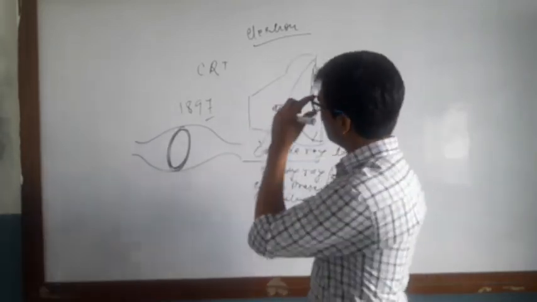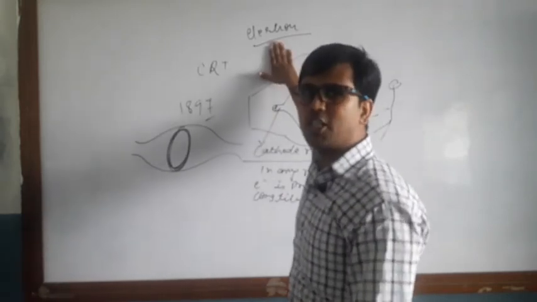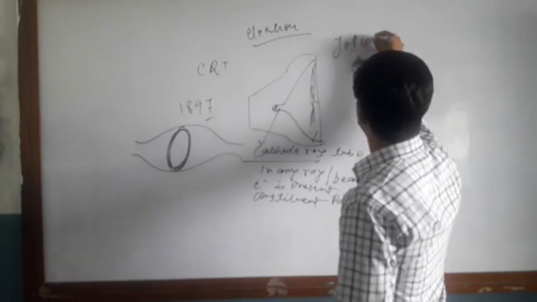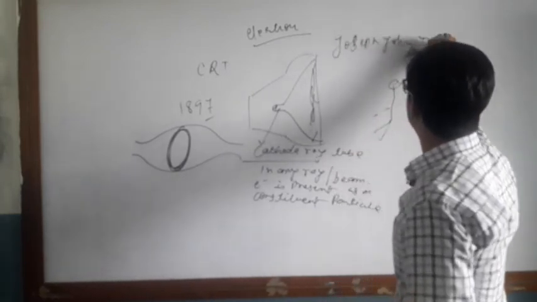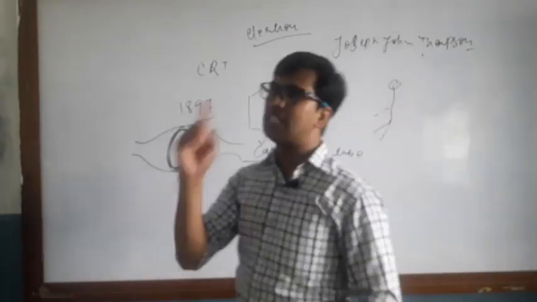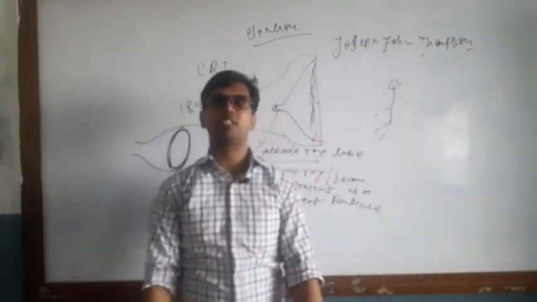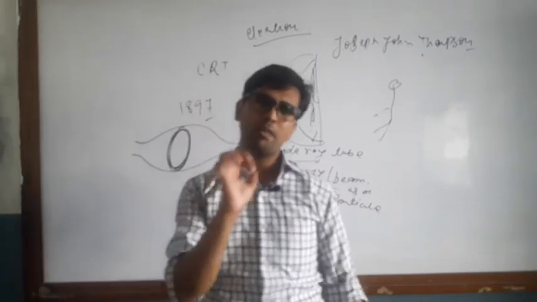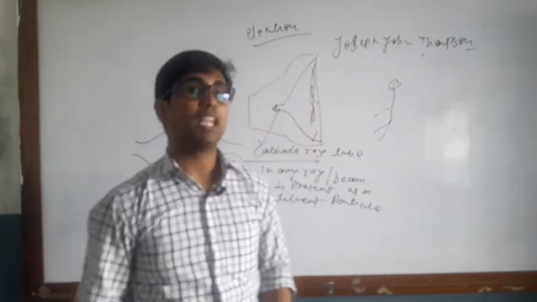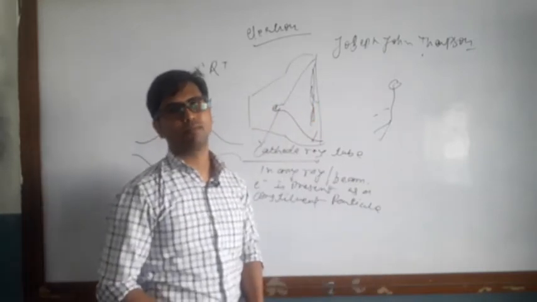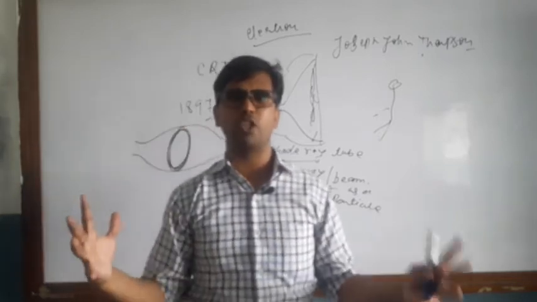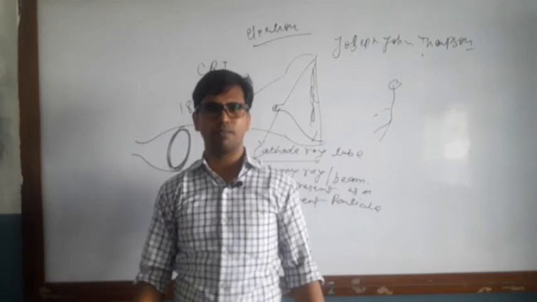So now that person discovered electron, and his name was Joseph John Thomson. Joseph John Thomson said that in all the atoms, which John Dalton said have one particle, there is one actual particle that he named electron. So electron came into being. We got the information that yes, electron exists.